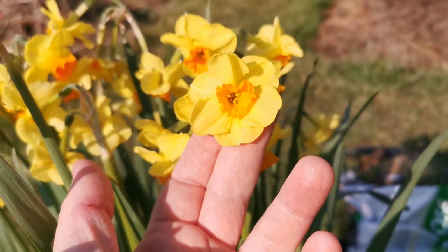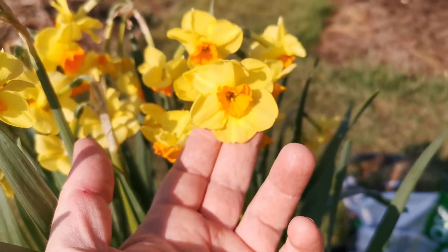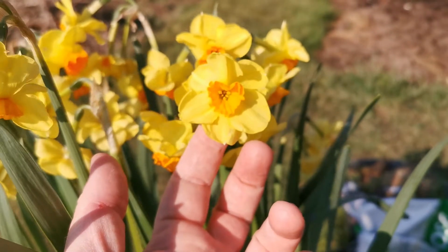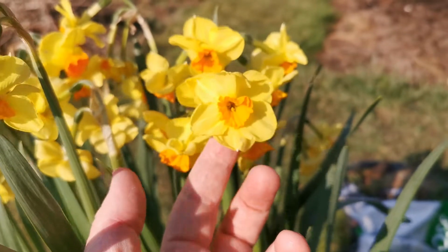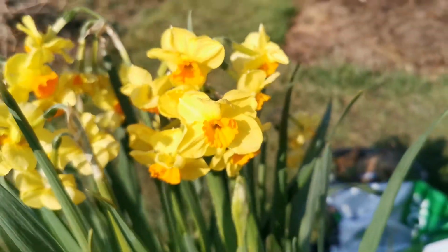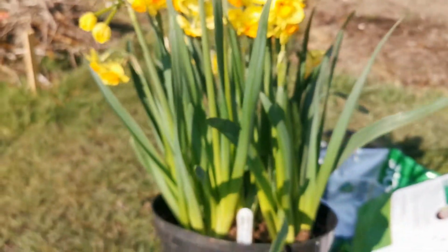And this one, Martinsville, like Insigne, another daffodil that bloomed, I made a video about this blooming a few days ago, and actually still in bloom, have this gorgeous fruity fragrance that is not very common in daffodils, but is actually my favorite. The plant itself, it is a